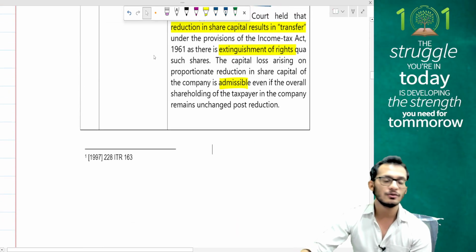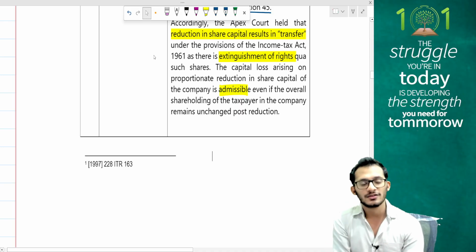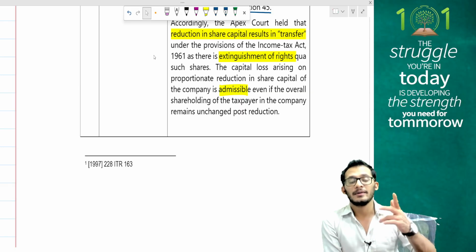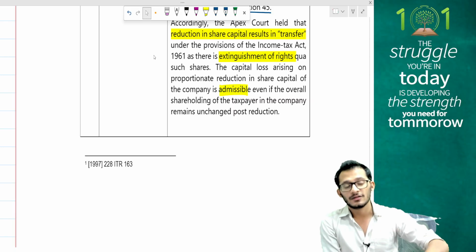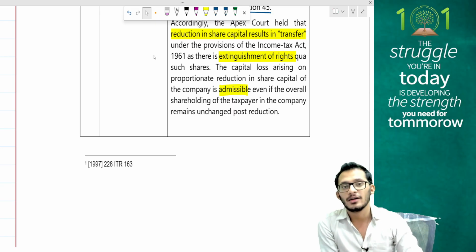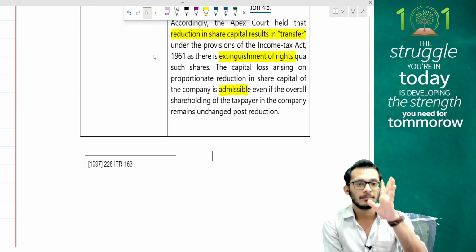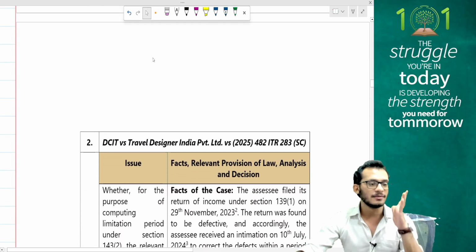So the conclusion of the case law is what, people? When a reduction of share capital takes place, there will be two aspects to it. Whatever money you receive will be treated as a deemed dividend to the extent of the company's accumulated profits, but the shareholder now gets an additional benefit: whenever there is a reduction of share capital, whatever cost he has incurred can now be claimed as a capital loss. Even though there is no change in the shareholding, he can claim it as a capital loss, completely permitted. No challenges here. Case law number 1. I hope this was clear.